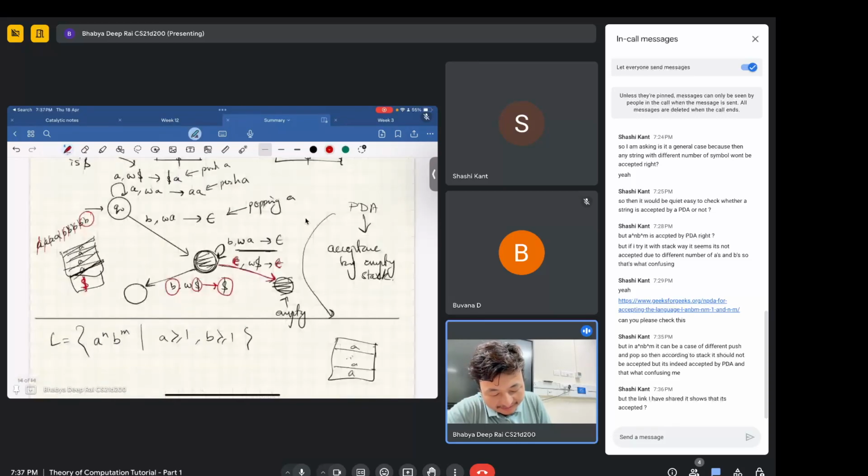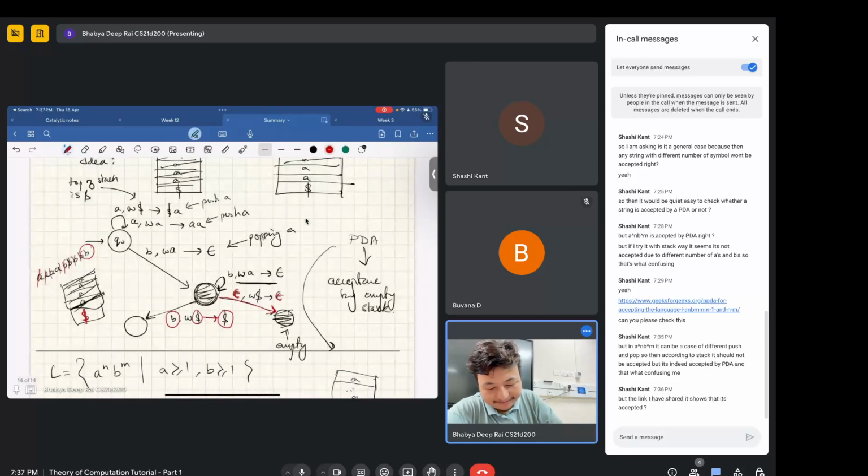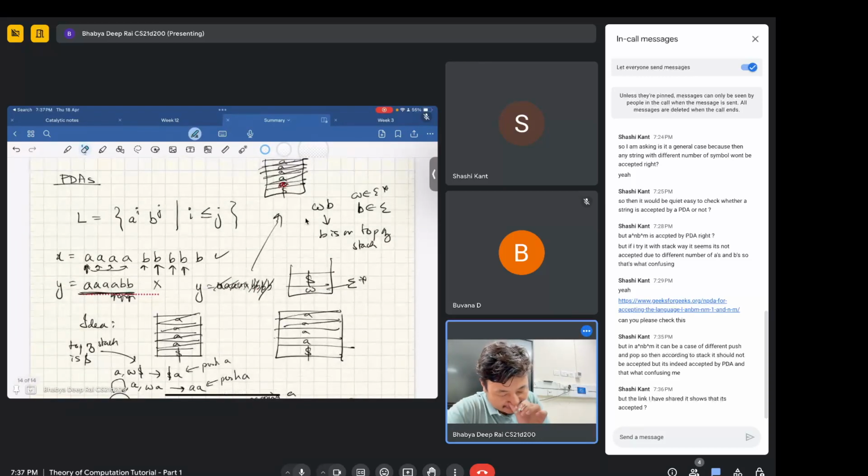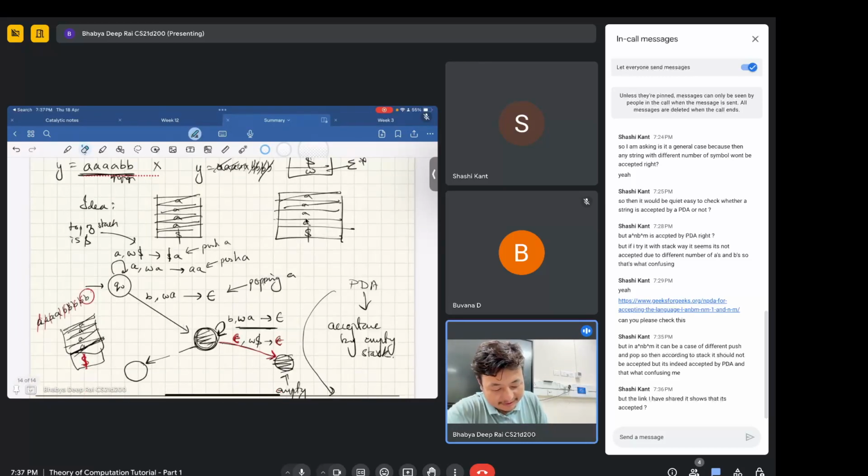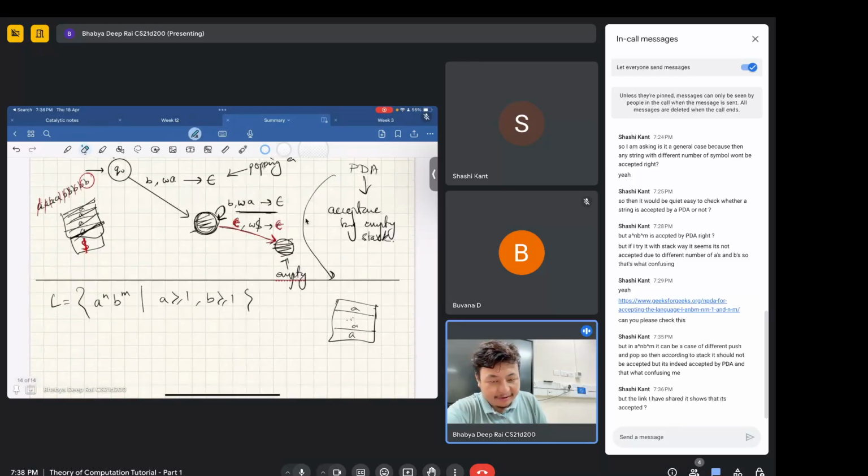So if I see a B and I see a dollar, oh, it's still fine. That's right, you're right. This is not required. So instead, what is happening is, yeah, this is not required. That's right. And Sashi,